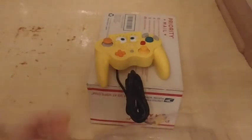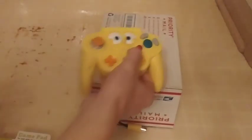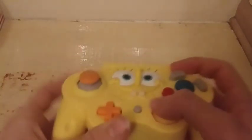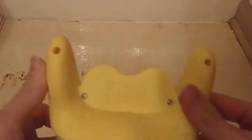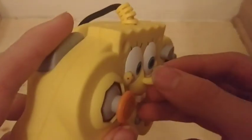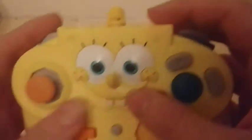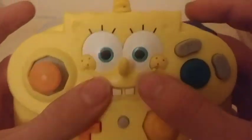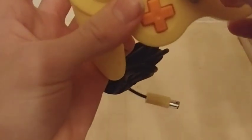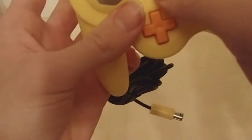My neck is starting to hurt from all this. Okay. So we have the controller at hand. Actually, I'm gonna be right back. Alright. Slightly different setup now. So I have the controller. The nose. Ooh. Ooh, this is like... Oh, you know what? This is all sticky. It looks like that's just like...